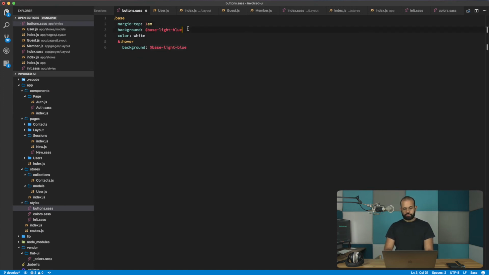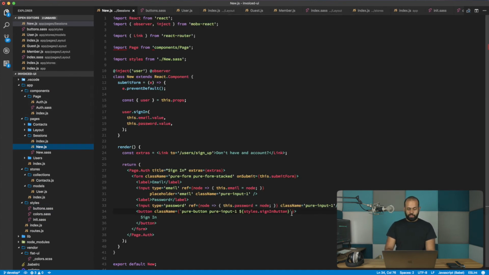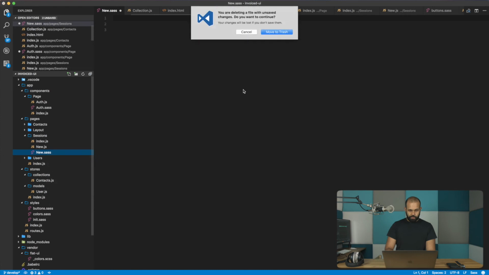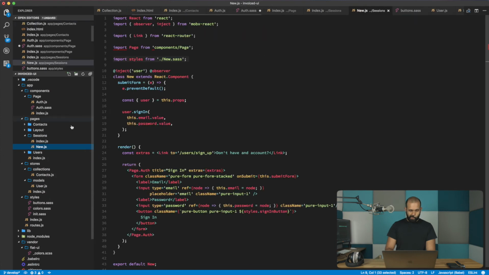All right. So now that we have a base button here, what we need to do is override this, use this class in our new page over here. So we're not going to have this styles.new anymore. We're going to remove all this stuff. And here we're going to import the buttons from styles